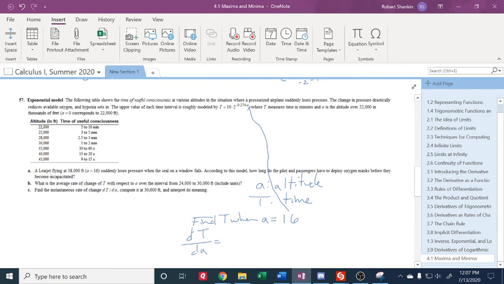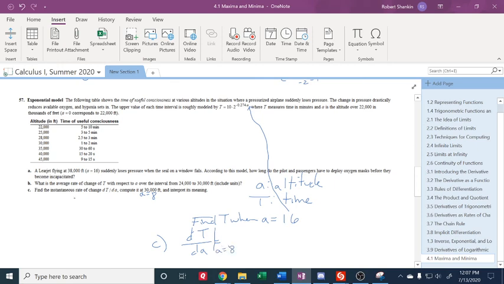Oh, okay. Now this is actually C, the instantaneous rate of change. We do that, and then we plug in for 30,000 feet, and 30,000 is 8,000 more than 20,000. So this is A equals 8. So then we'd find dT/dA, and we evaluate it at A equals